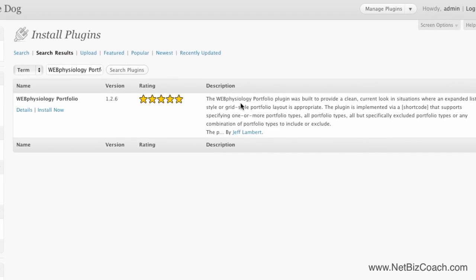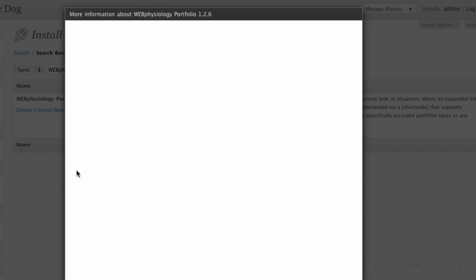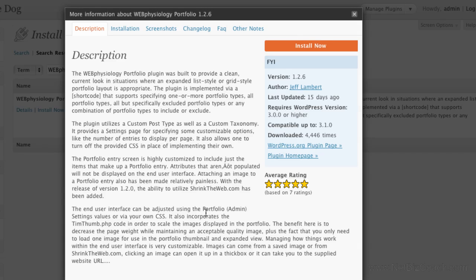So here's the plugin. It's a portfolio plugin to provide a clean current look, blah blah blah, all that kind of stuff. If you want to look at the details, you can click on details here. Once you get here, you can actually read the description of this. Again, I've already gone through a lot of this. The ratings, what it is compatible up to. This is important. You want it to be compatible for the version that you are currently using of WordPress, that is. You might even want to know a little bit about the author, see if they've done any other plugins